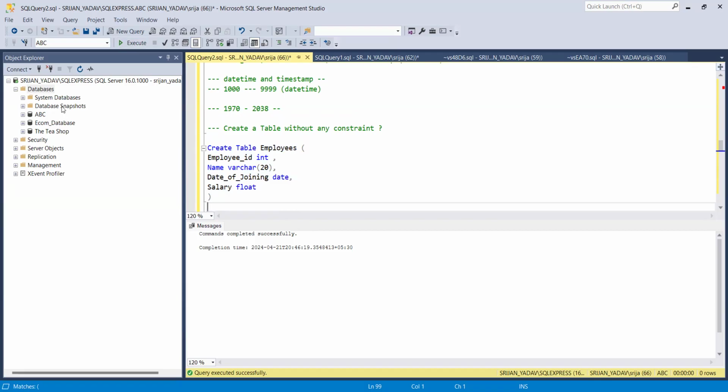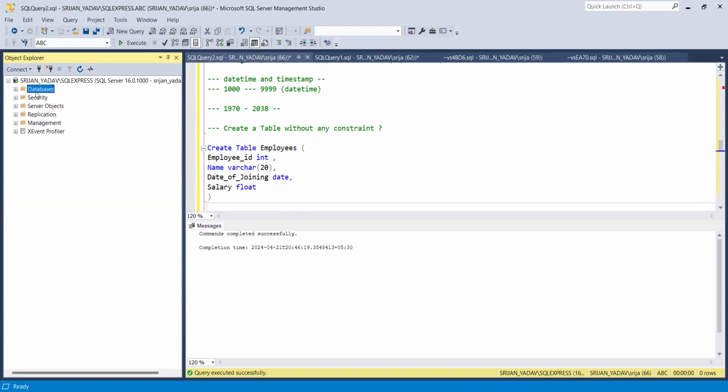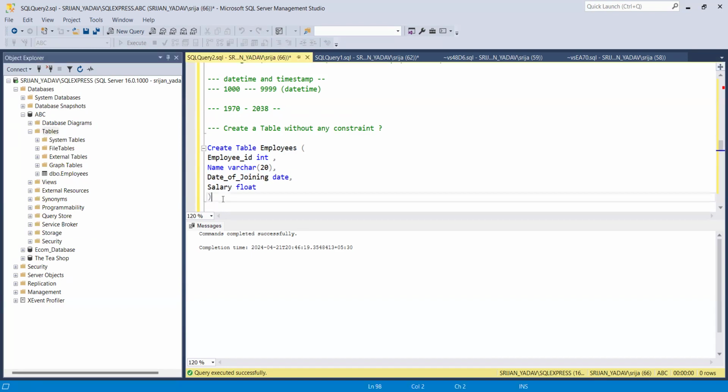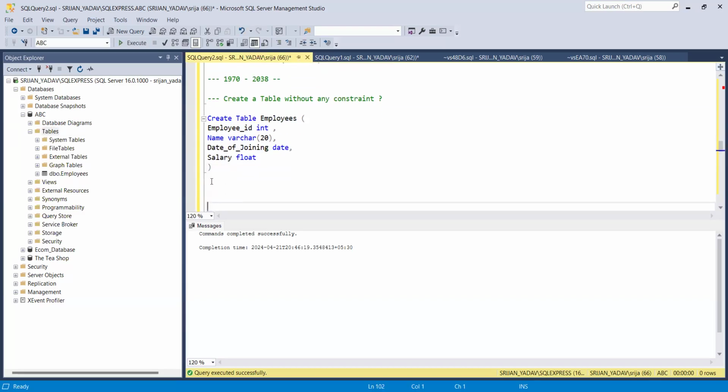So if you want to check the table, you can check it like this. You can click on this ABC, you can click on this table, and you can see that there is a table employees that you have created. So now if you want to see the picture of this table,